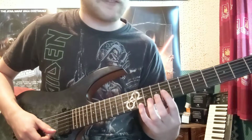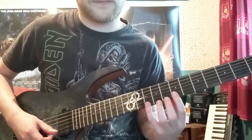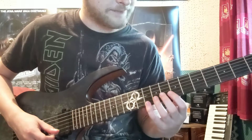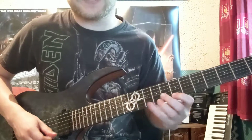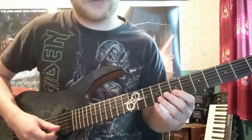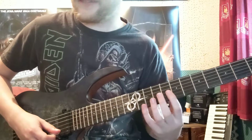So let's just take that first inversion and move it down a fret. All these notes check out. Okay. So we've got 10, 7, and after that, we could play a major, possibly. A favorite of mine is to go...